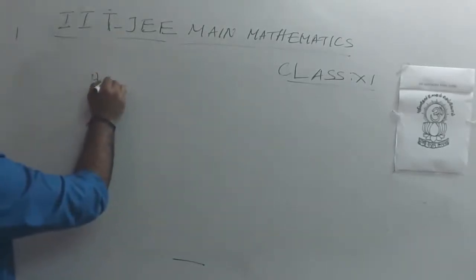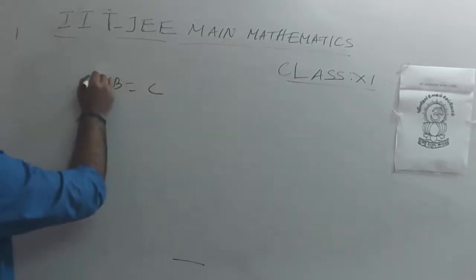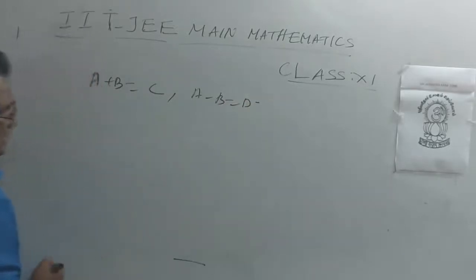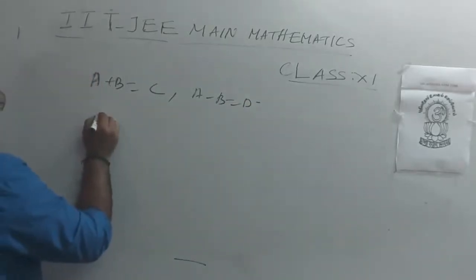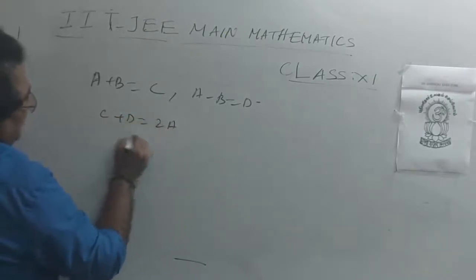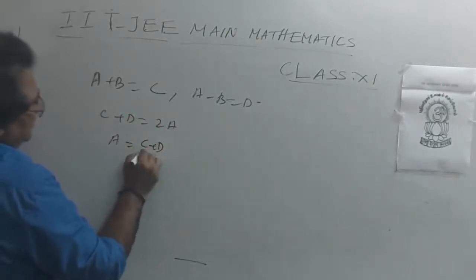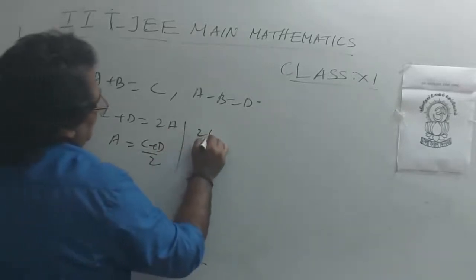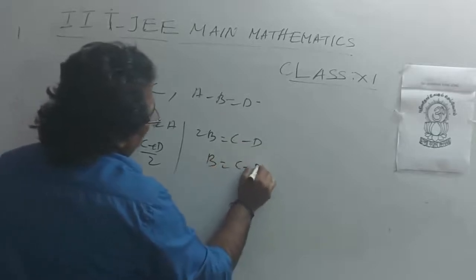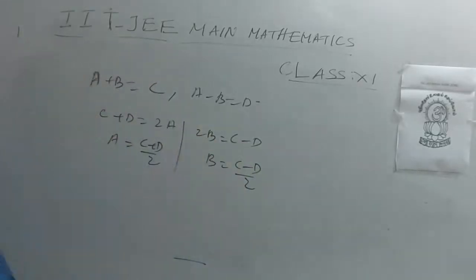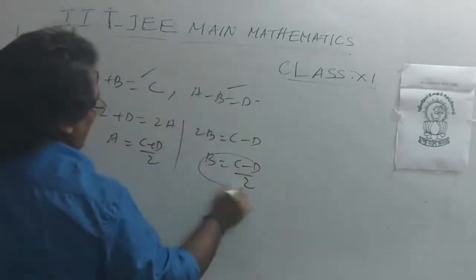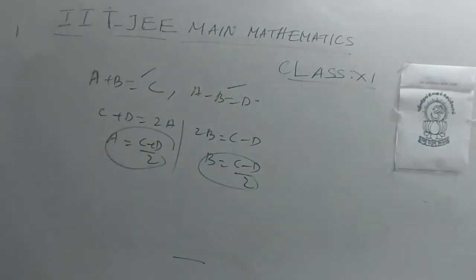We take A plus B equal to C, A minus B equal to D. C plus D equal to 2A, A equal to C plus D by 2. If we subtract, we get 2B equal to C minus D, B equal to C minus D by 2. Replacing these 4 values in the previous 10 formulae,